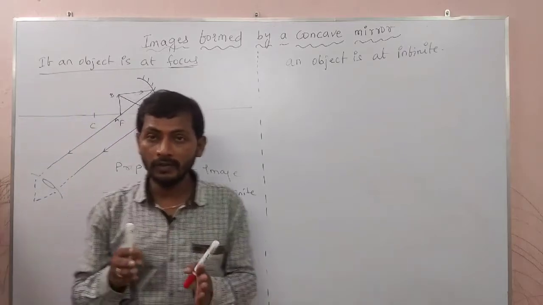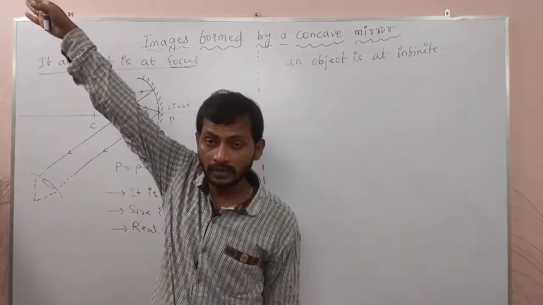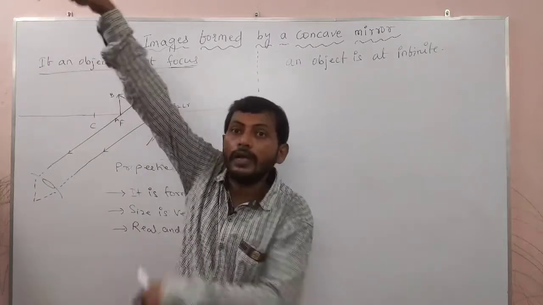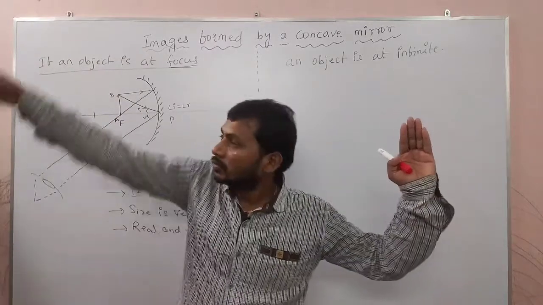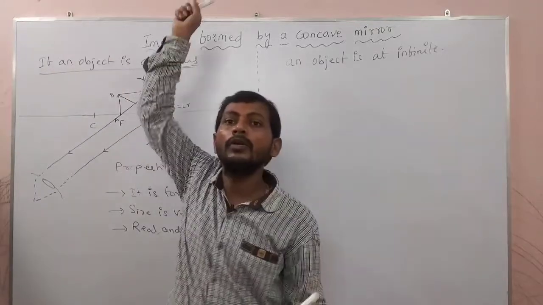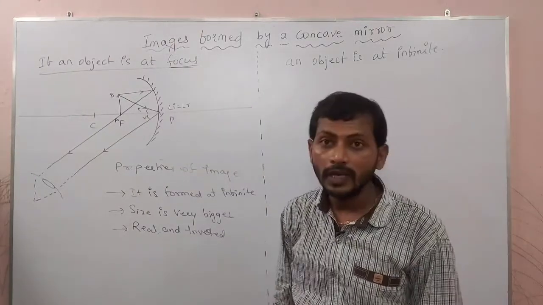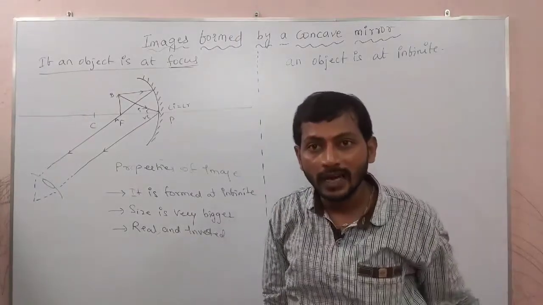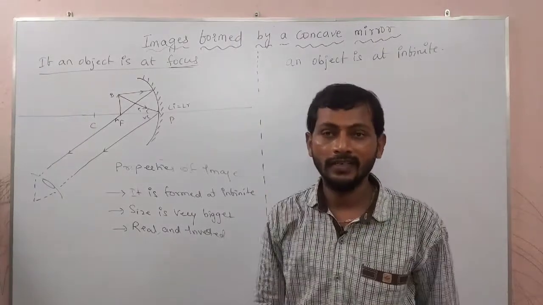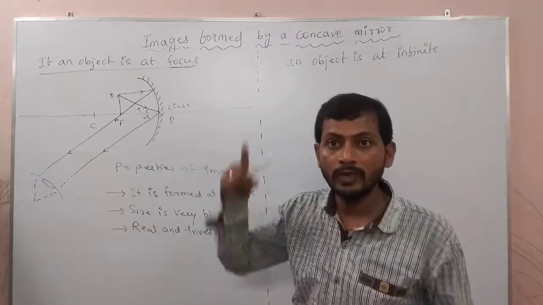If you compare with now, the object is at the sun, which I am unable to see at the gate. That's why I kept it here like this. When you are going to see the sun, we are able to see. But what is the distance? Too much far away, sir. That is called infinite, isn't it? Because it is very bright, that's why you are able to see. But it is too much far away.